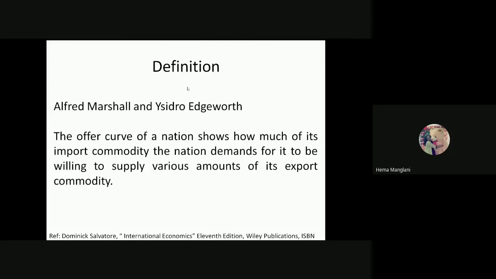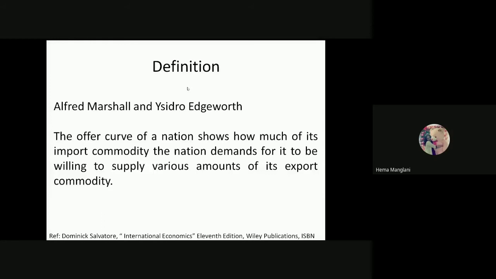It means the involvement of two countries, the one country's offer curve and the other country's offer curve. When they intersect with each other, then only the exchange would be possible. The whole scenario says that nation one has a separate derivation of the offer curve and nation two has a separate derivation of the offer curve, and then the exchange would be possible. Now how these countries proceed, how they reveal their supply and their choices for the other country, is entirely based on the shape of this offer curve.